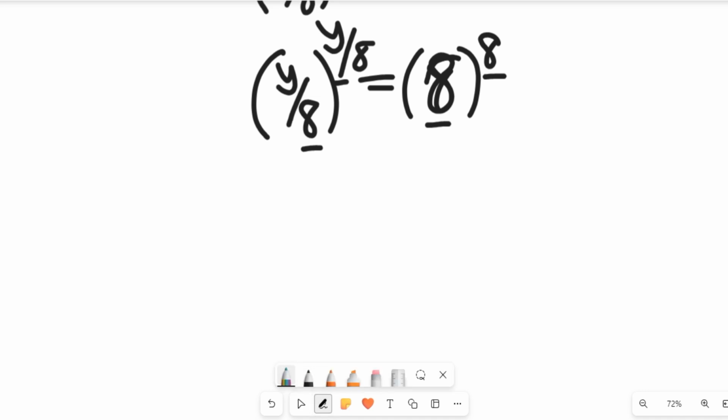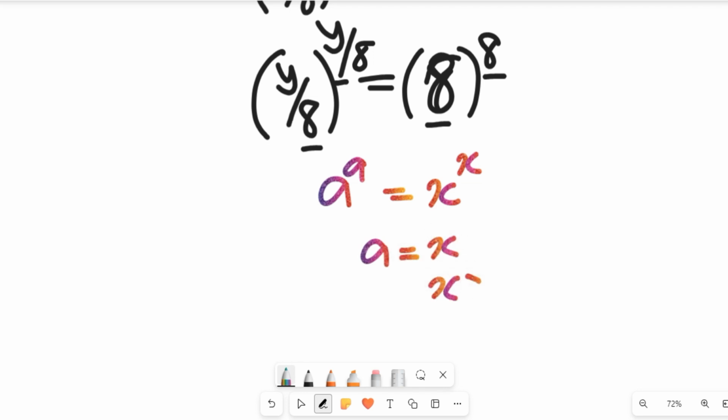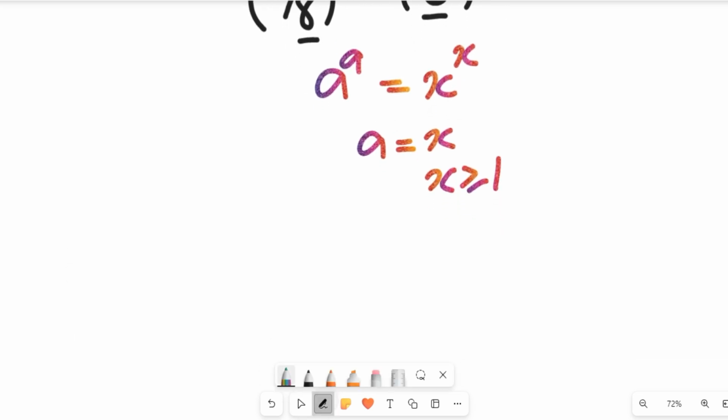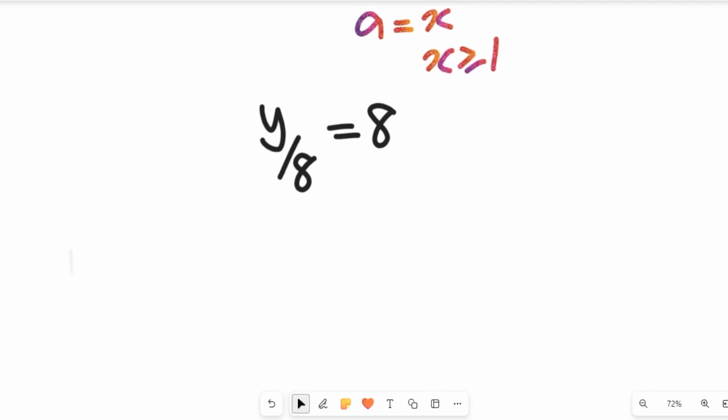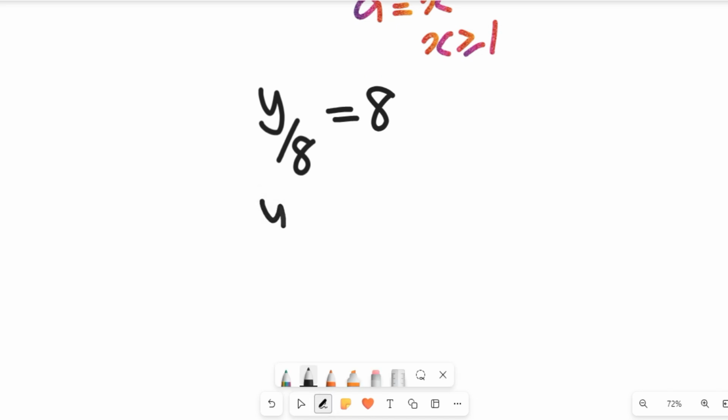Now recall that law of indices. If you have a to the power of a equal to x to the power of x, definitely a will be equal to x as long as x is greater than or equal to 1. So that expression can simply give us y divided by 8, and we take the exponent to be equal to 8. So if we multiply both sides by 8, we'll have y divided by 8 multiplied by 8,